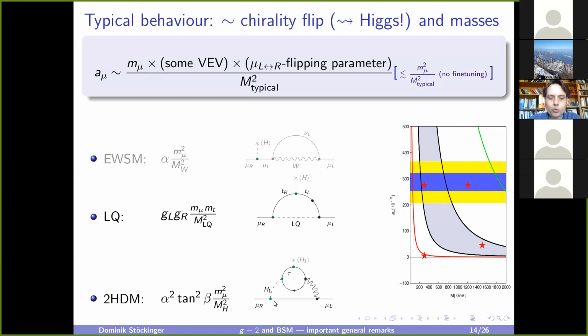Okay, then the 2 Higgs doublet model is very well known at KIAS, of course, and its contributions come from those 2-loop Barr-Zee diagrams that also exist in the standard model, where the muon emits a Higgs and the Higgs does a loop, for example, a tau loop, and then couples back to the muon. Then we have a 2-loop suppression, but in the type X model, for example, we get a tan beta square enhancement, but again, a mass square suppression from the Higgs mass here.